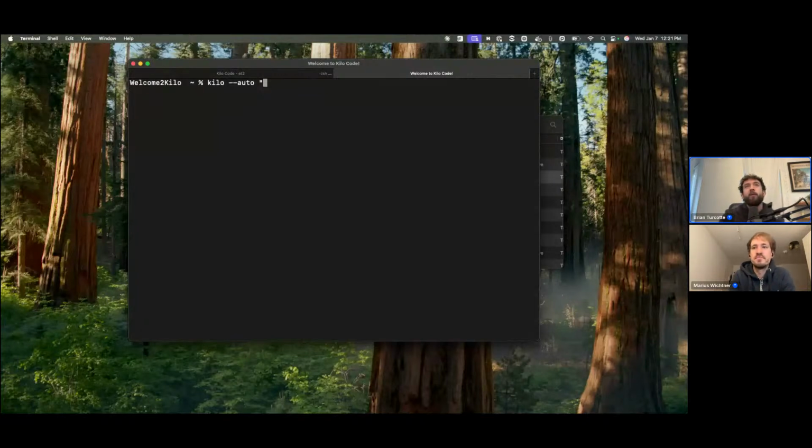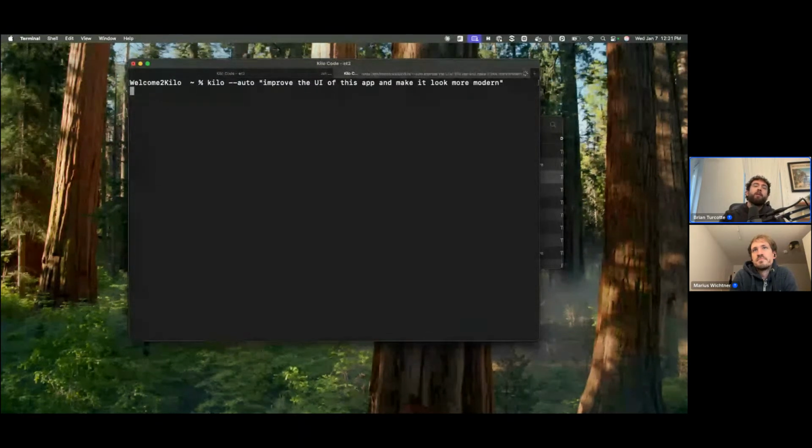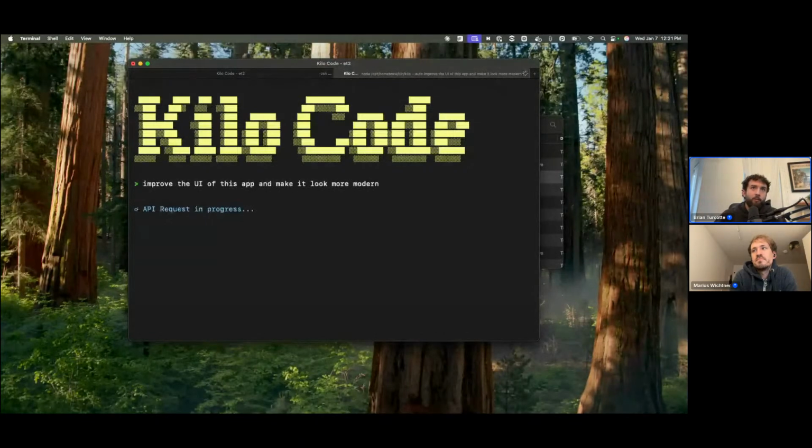For example, we could say Kilo auto, maybe improve the UI of this app and make it look more modern, something like that. You'd send that off, and it would open the CLI with no input options, and it would run autonomously and complete the workflow for you.